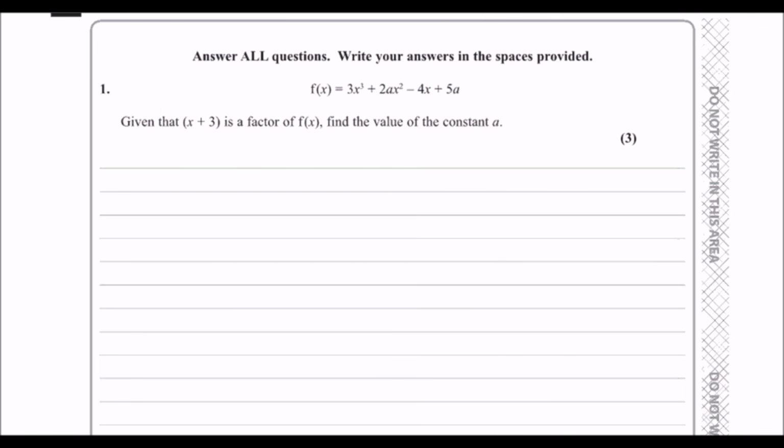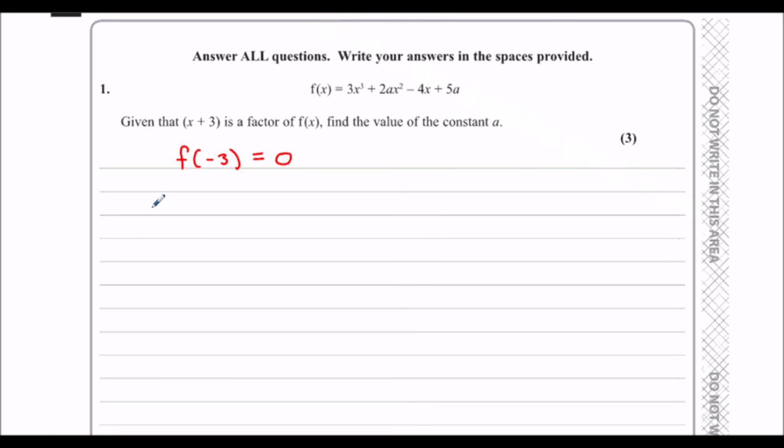Question 1. So we're given f of x, and the question says, given that x plus 3 is a factor of f of x, find the value of the constant a. So if x plus 3 is a factor, that means f of minus 3 must equal 0. That's the factor theorem. So we know f of minus 3 is 0, so we can substitute in to find